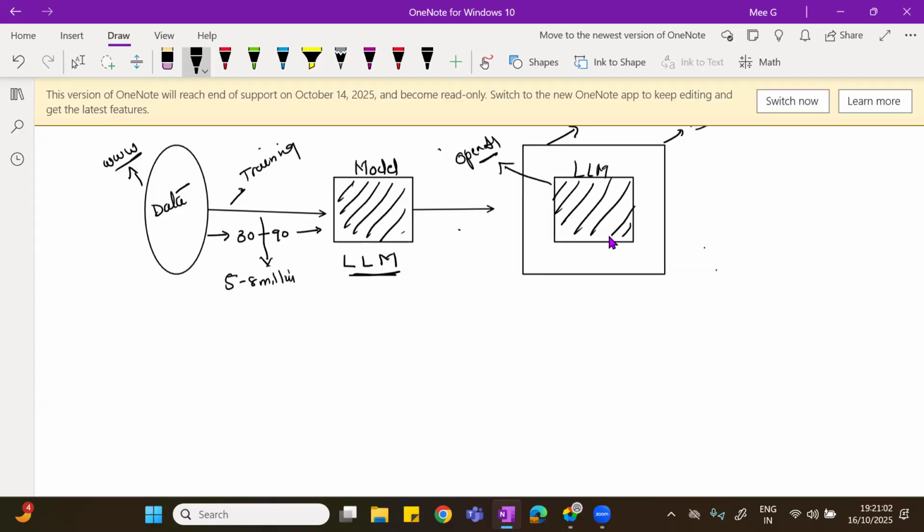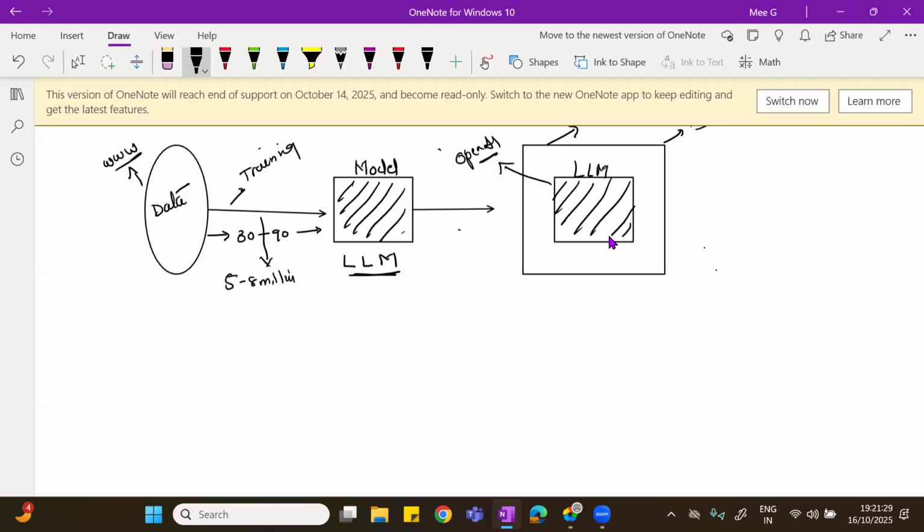And for these 90 days, they will consume a very large volume of energy, in the sense of electricity, because this is a very high-end system and there is a very large volume of data. When you want to train it, it will consume a huge volume of electricity.